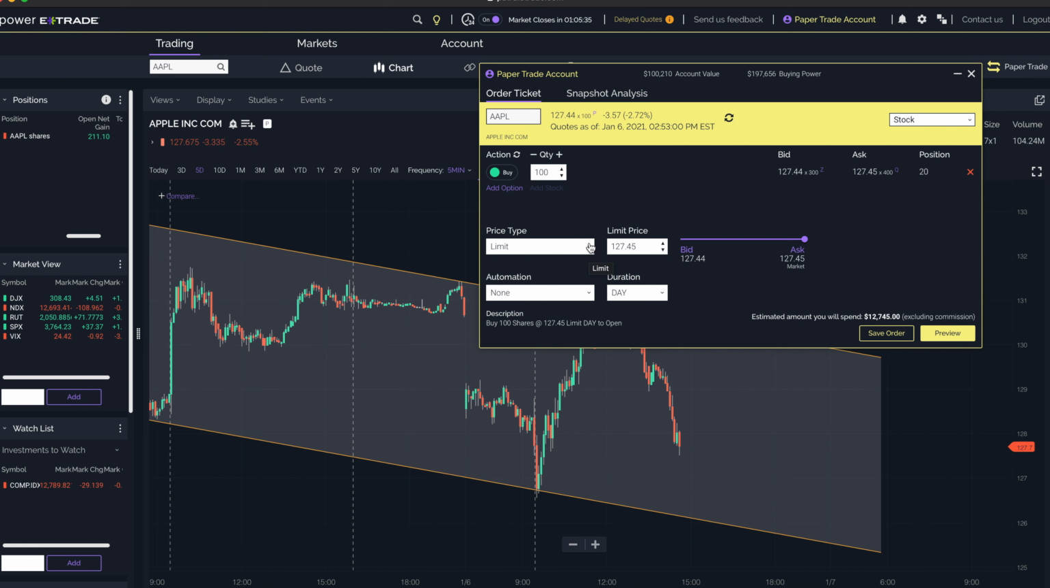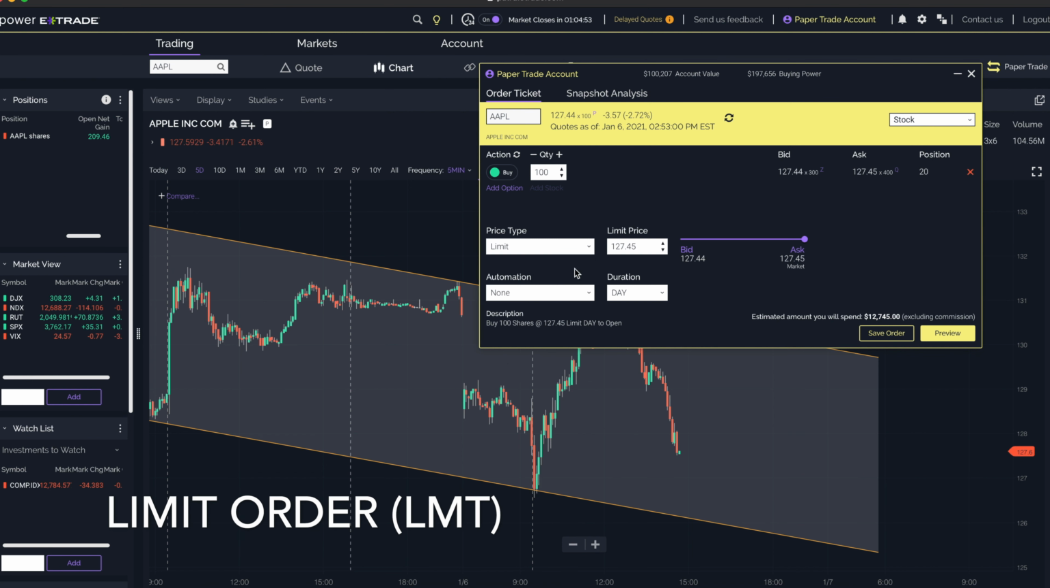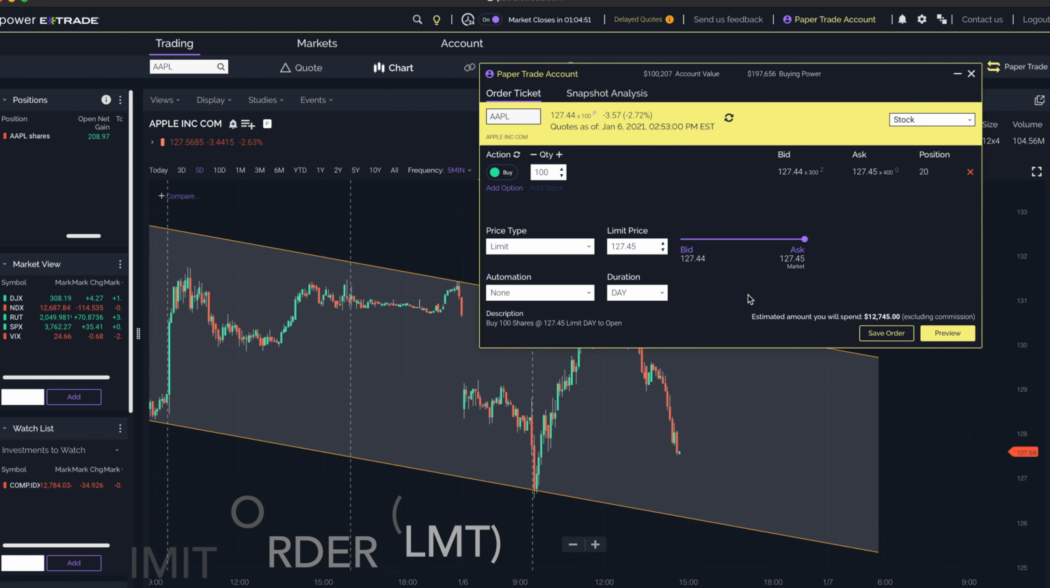This is your price type, and from here you can select a few different options. You have a limit, you have market, you have stop quote and trailing stops, OCO, which means one cancels other, and 3-leg bracket stops. For the first example, I'm just going to select limit order, and right now the current price is